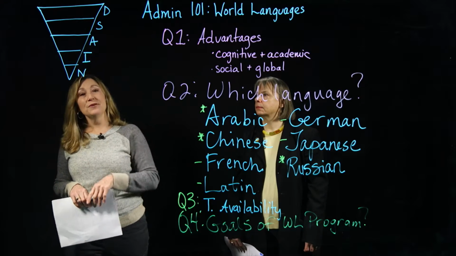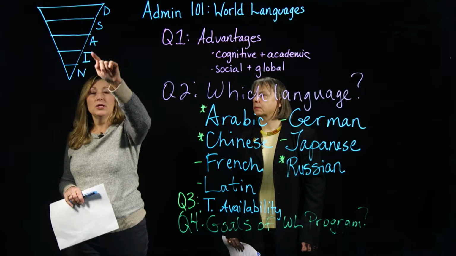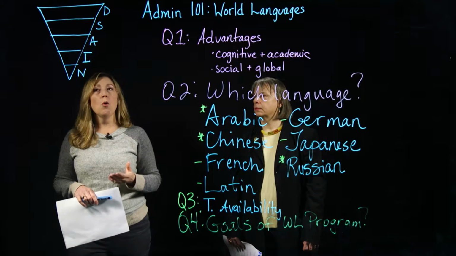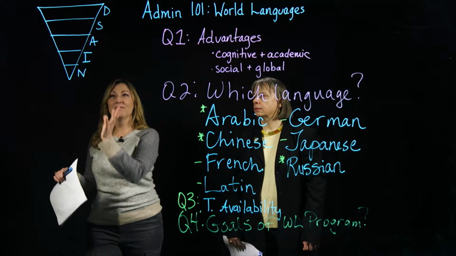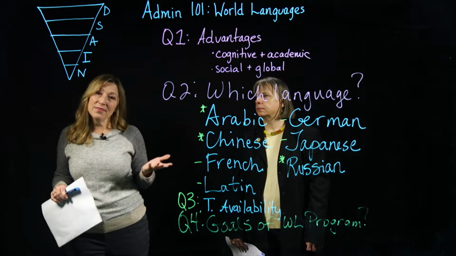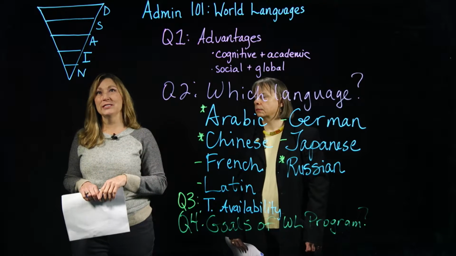Now, as we go into advanced, it takes more time. Let's go back to intermediate. You probably need about 4 years of high school language study, or you need that middle school program flowing in to get your kids to the high level of intermediate. Without that, it's going to be very challenging to get your students that high of a proficiency level.